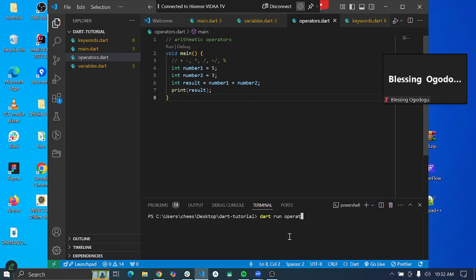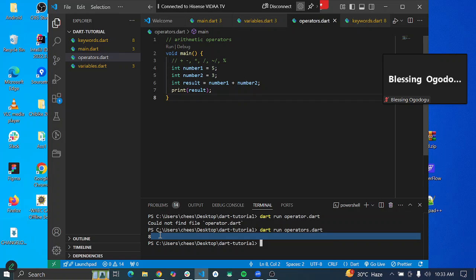Cannot find. Oh, sorry. My computer is slowing down. Okay, so